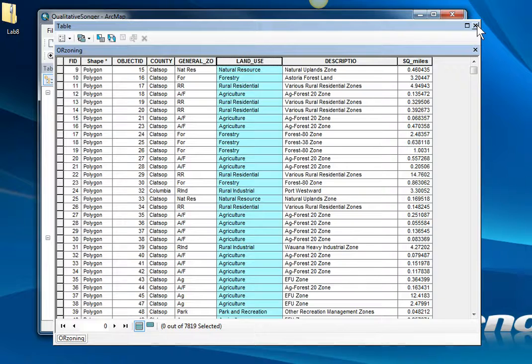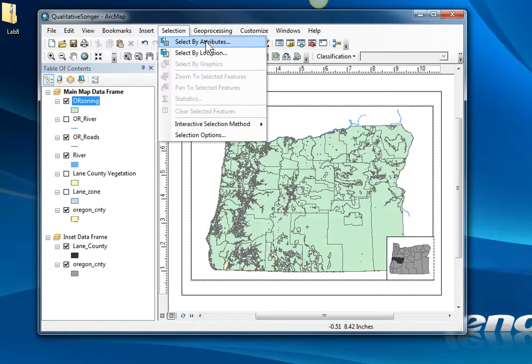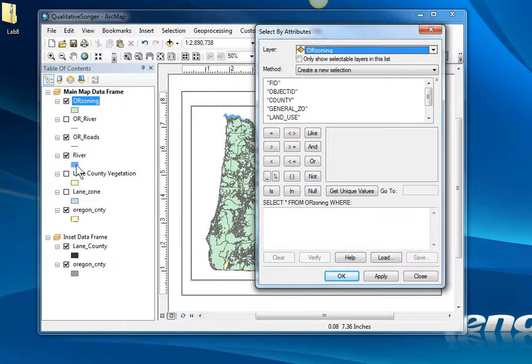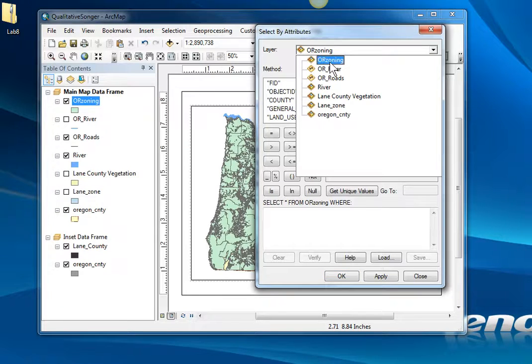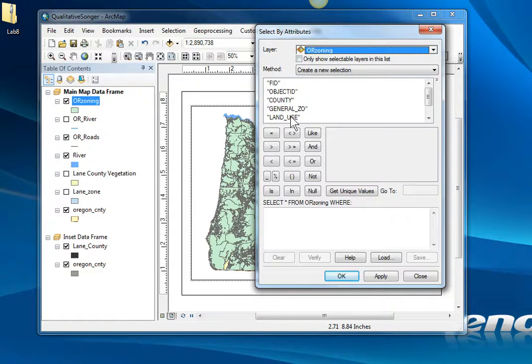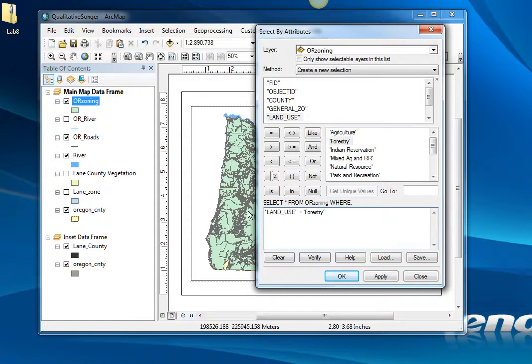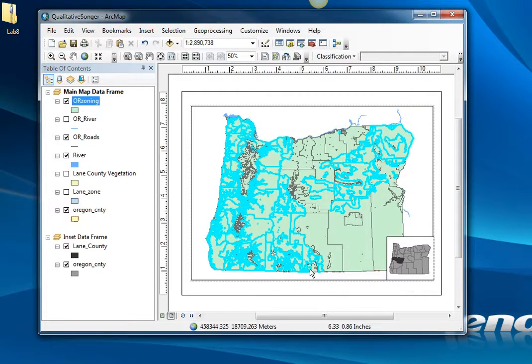So I'm going to go ahead and close that attribute table, and I'm going to go select by attribute, and I'm going to go back and say I want to select from the OR zoning layer, and I want to find out information about the land use field, and I want to find where land use is equal to forestry. So I'm saying go through that table, find every polygon where land use has a forestry entry and highlight those for me. So there they are,